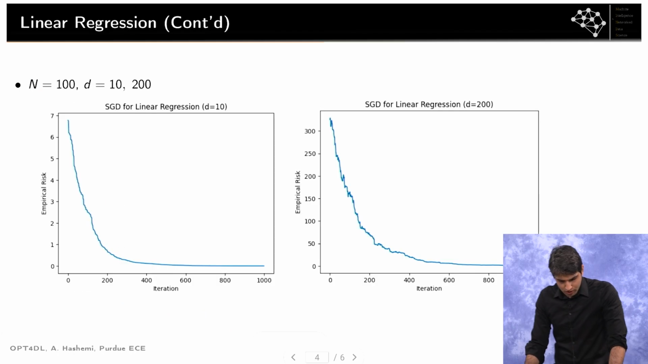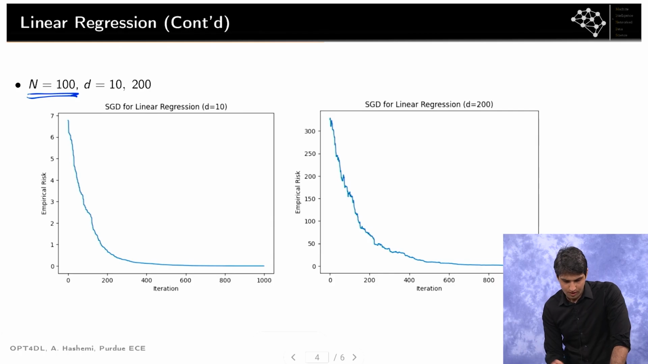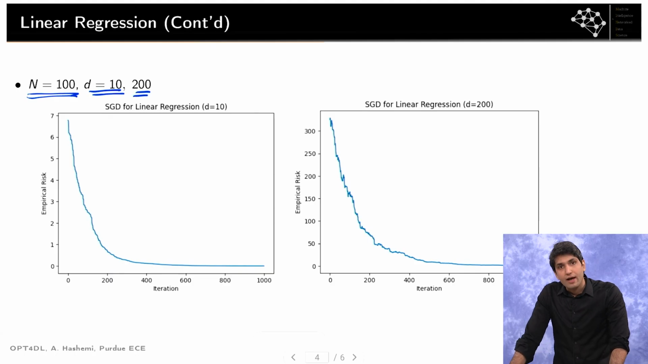So here I'm showing how SGD performs for two instances of this problem, where in both cases, I have 100 data points. In one case, the number of features or the dimension is 10. In the other case, the dimension is 200, okay? So in the first case, we are basically dealing with an